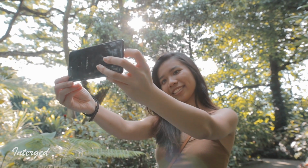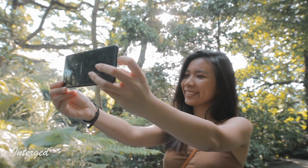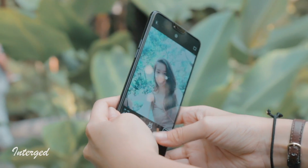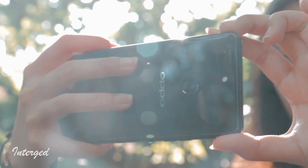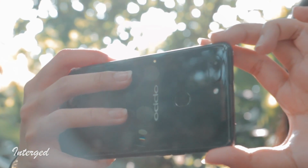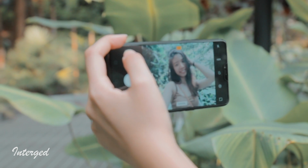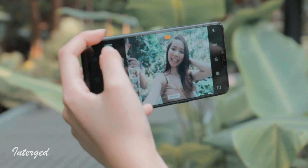Beneath the camera bump, Oppo worked with Sony to create the IMX519 camera sensor, aiming to allow more powerful photo processing capabilities. On the back, we have a 16MP f1.7 main camera sensor, which is accompanied by the 5MP f2.2 secondary camera sensor, which is only used for features like portrait mode and low-light photography. There is no optical stabilization in the cameras, but there is electronic stabilization, which prevents motion blur when taking photos